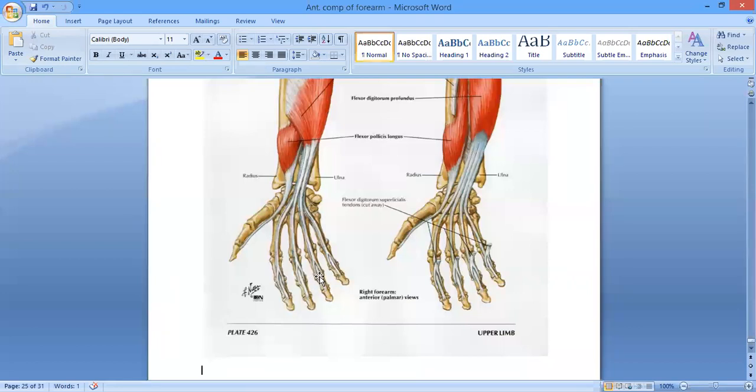and then they will again reunite, ठीक है, at the proximal interphalangeal joint, and then after reuniting they will again divide into two, and it is going to attach over the sides, or both borders, of the middle phalanx. Middle phalanx के दोनों borders में जाके attach हो जाएगा। Is it clear जी? कोई problem तो नहीं है?